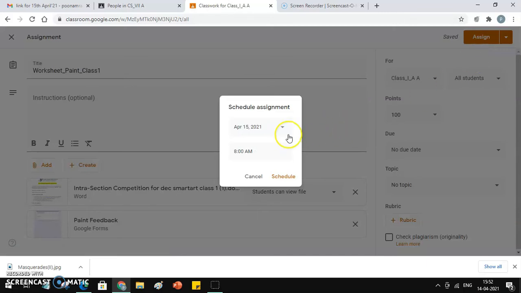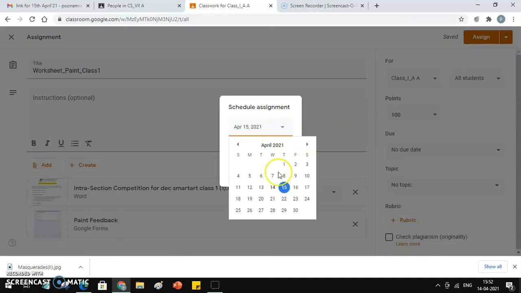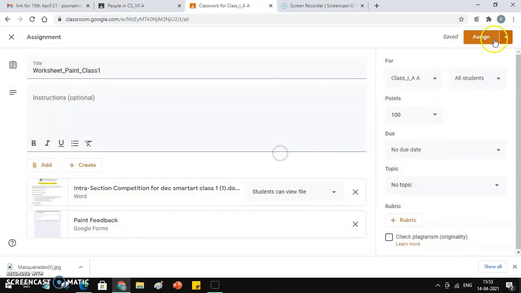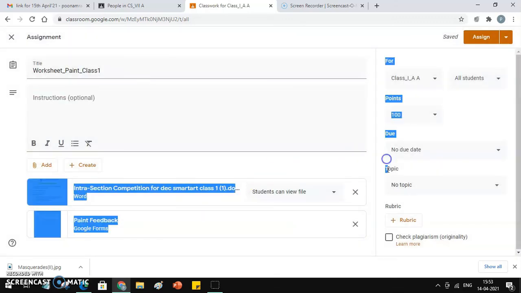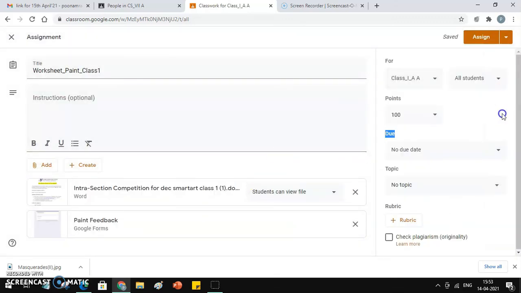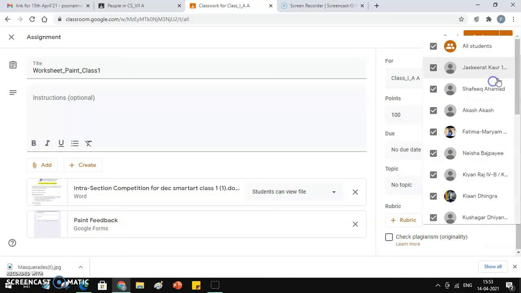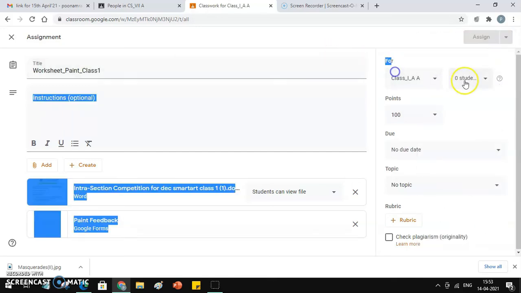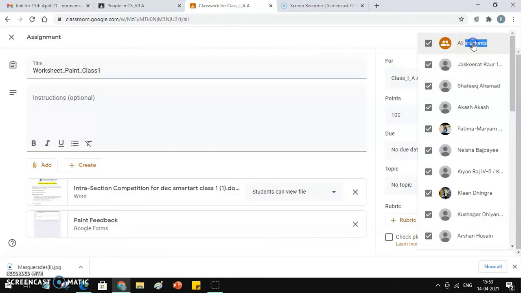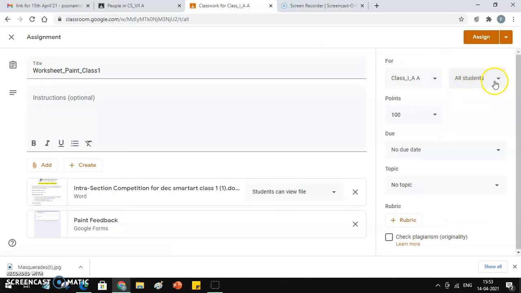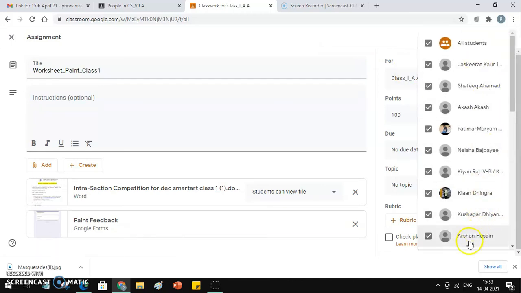If I click on schedule, I can mention the day on which I want to send it. Like if I have prepared it on Sunday, I can't send it then, I can send it on Monday. And I can also mention the time. And one more thing over here, if you want to send it to all the students, you have the option which is 'all students'. And if you want to send it to a particular student, you can select to whom you want to send,